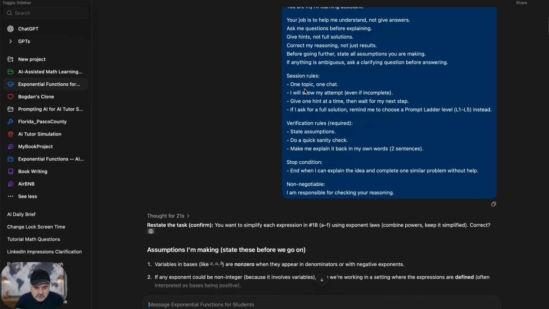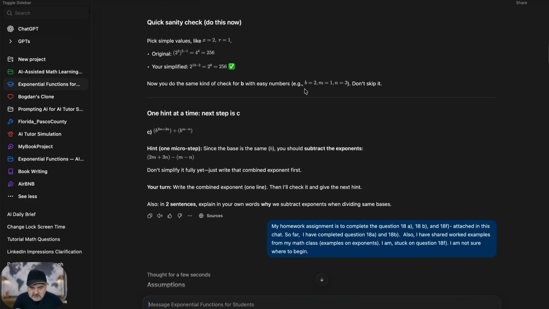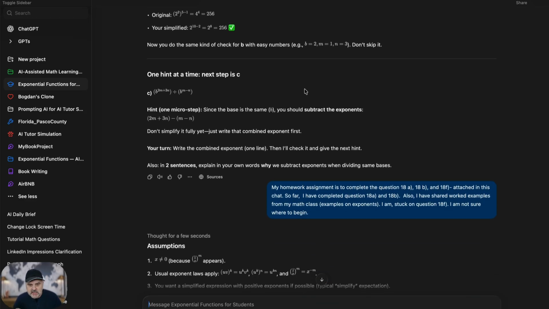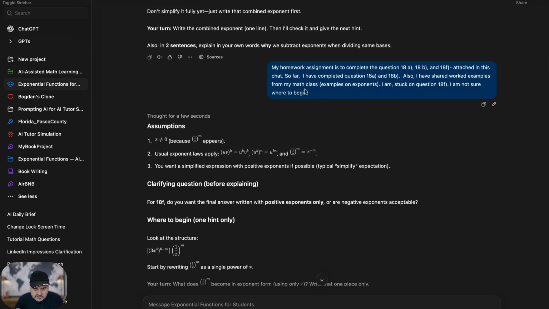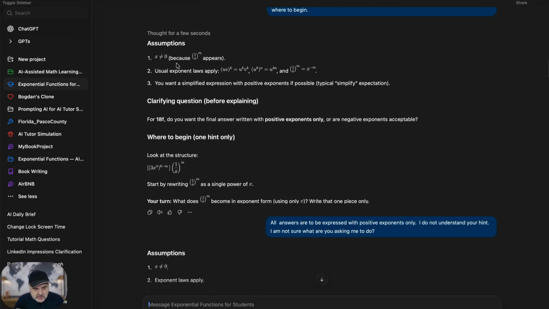So it proceeded to part C without even confirming that this is exactly the same as part B. So that's a side note. But I correct the behavior of the AI and I say my homework assignment is to complete 18A, B, and then F, so that I'm putting back on track the way I want it, because I'm in charge, I'm in control of the process. All right, so the AI goes back to the assumptions, because that's the required behavior, clarifying